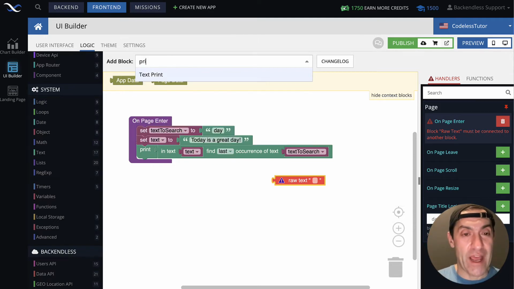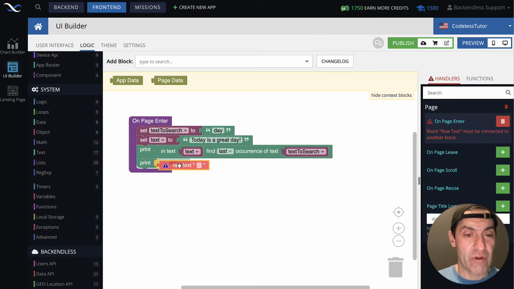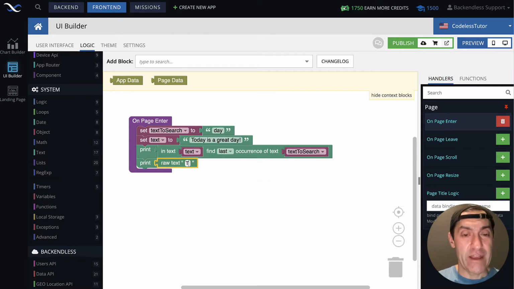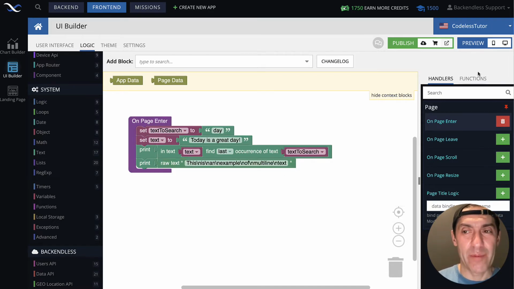Let me demonstrate how this actually works. So I'm going to put another print and connect this raw text. And in here we can say this \n is \n an \n example \n of \n multi-line \n text. Looks absolutely terrible. Let's print it out.